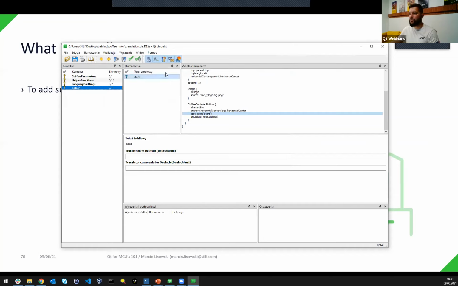In the center, you have a list of strings that are about to be translated. On the right side, you have a reference to the source code and to QML to see where the string is coming from. And on the bottom, you have the place to finally translate those strings to